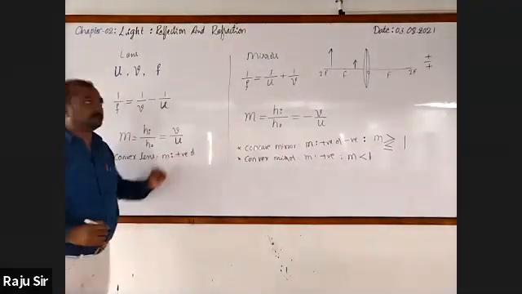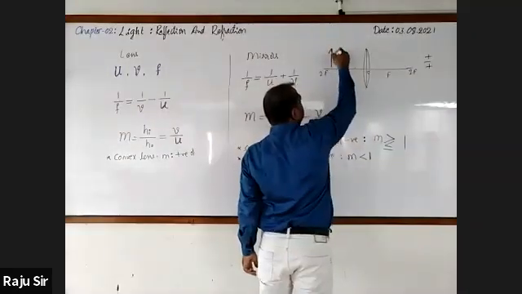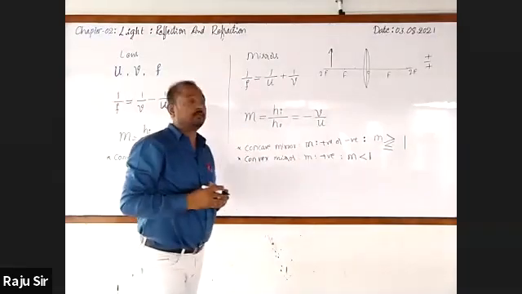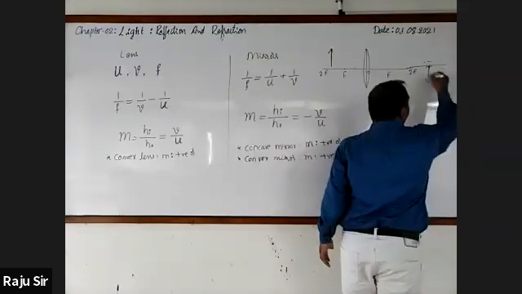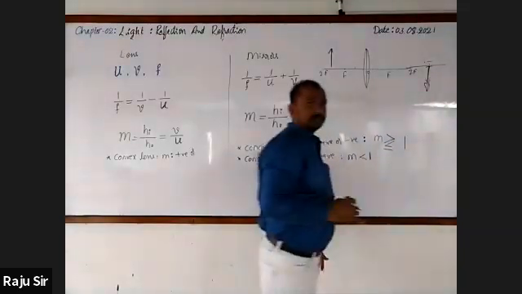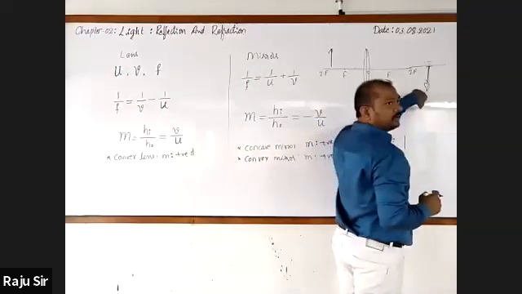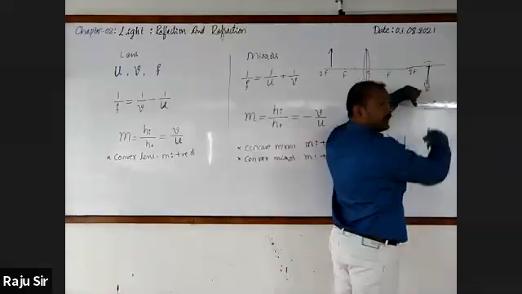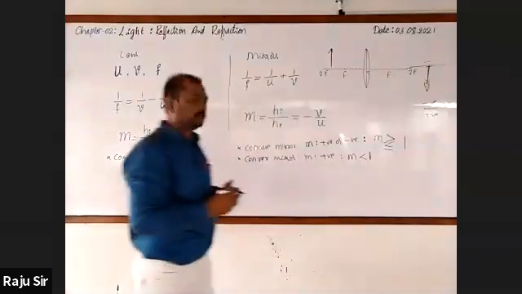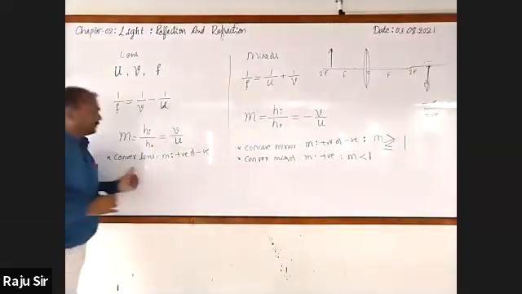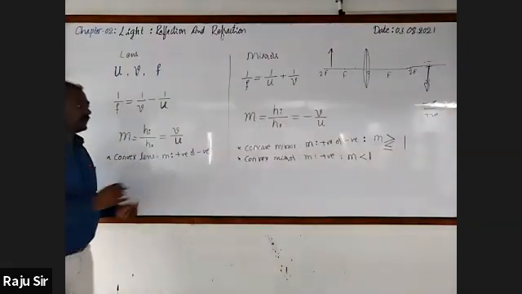So magnification is positive. Similarly, now assume that this is the object between F and 2F, where the image is formed beyond 2F. It is inverted, right? Height of the image is negative, because it is below the principal axis. Height of the object is above the principal axis. Negative by positive is negative. So magnification is positive or negative for a convex lens. Compare the mirror.